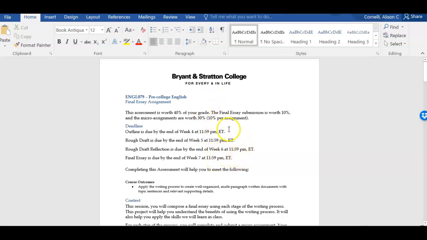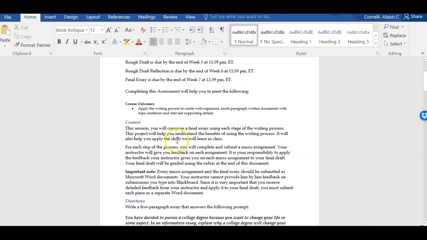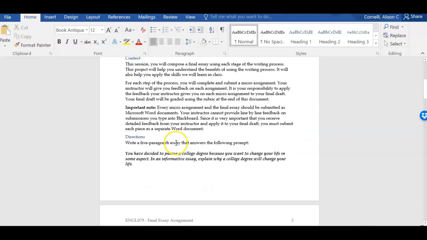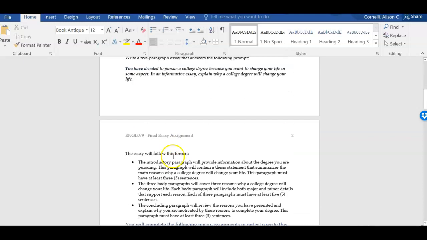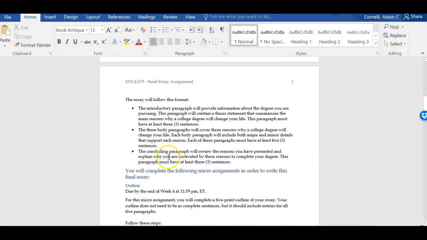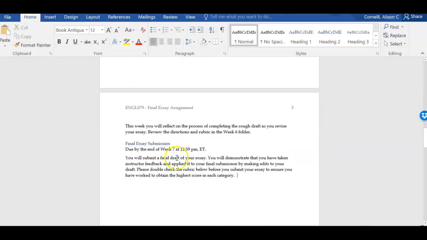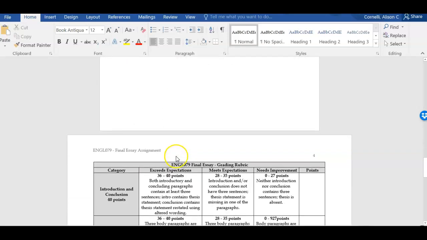So if your grade is looking very low right now, it's probably because of these assignments. So it's really not an option to not turn these in. If you do not turn these assignments in, including the final essay, it's going to be really difficult to pass the course. And I want you to be able to do that. So make sure that you understand the requirements of the course for submitting these parts.